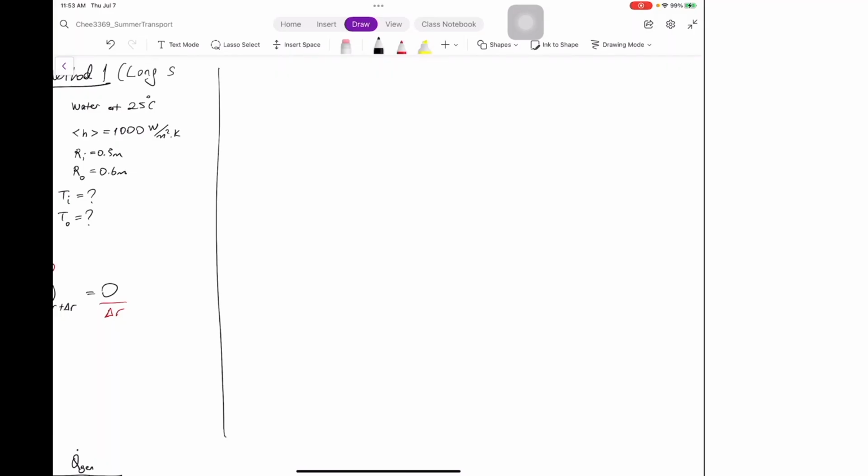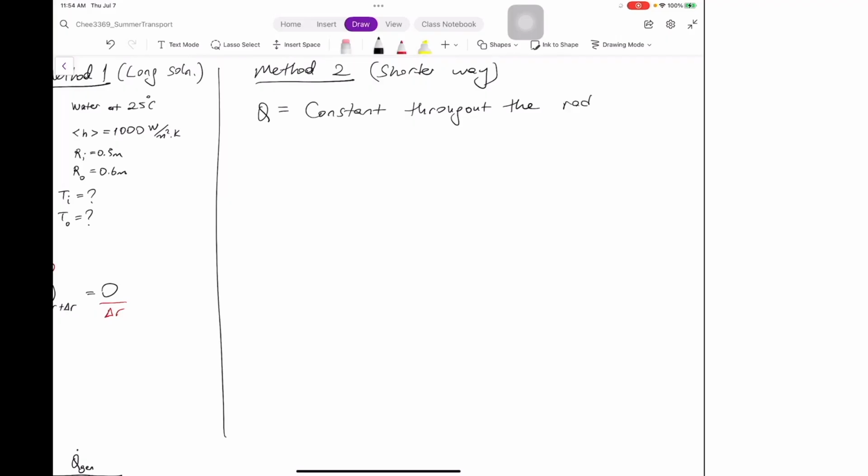Long solution. Method 2. Shorter way. So you need to first appreciate the fact that the Q is constant throughout the radial direction. You should make this observation first. The reason is because